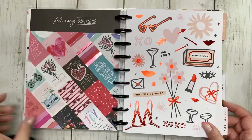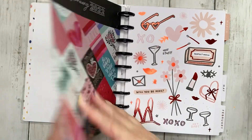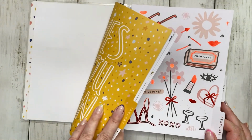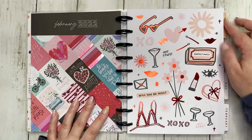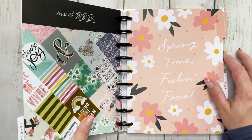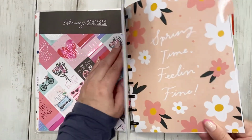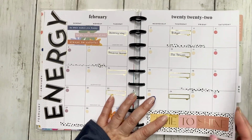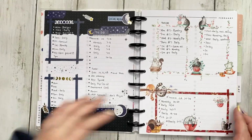But, oh, see, so I have this one done. Wait. This was an 18-month planner, so I don't have the December one in this. But yeah, so I think I did this one, and I did the one in February, but then it was March into April that I didn't do. But yeah, so I keep changing it up each week, like how I use the weekly pages,